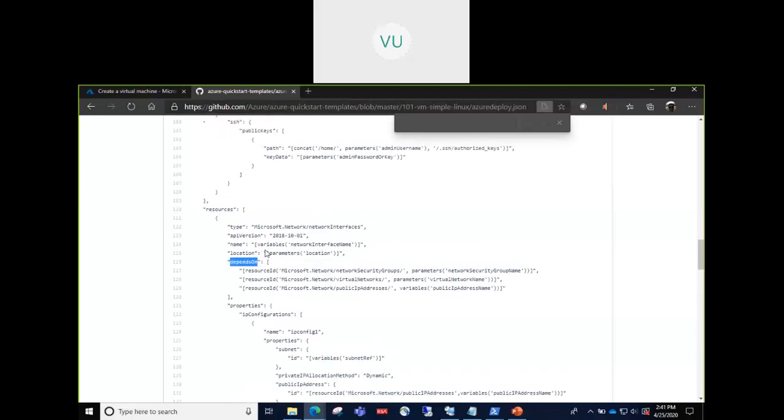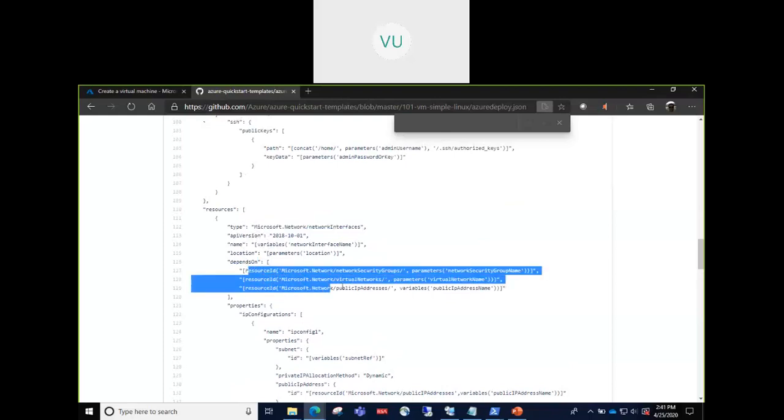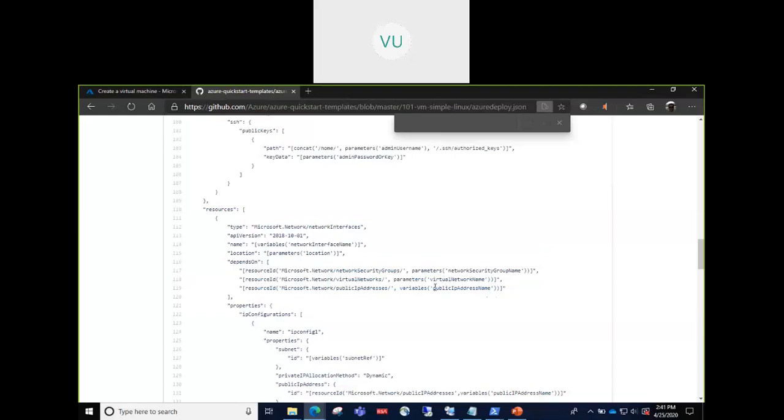So what depends on will do is, when Azure sees that depends on is there for this resource, it will not create this resource until the depends on resources are created first. So it will first create the public IP, then it will create the virtual network and network security group.